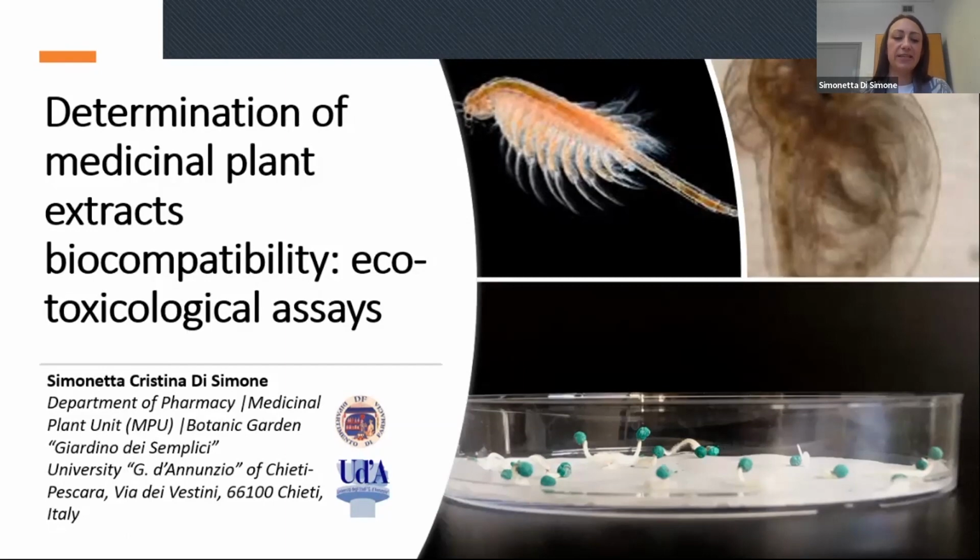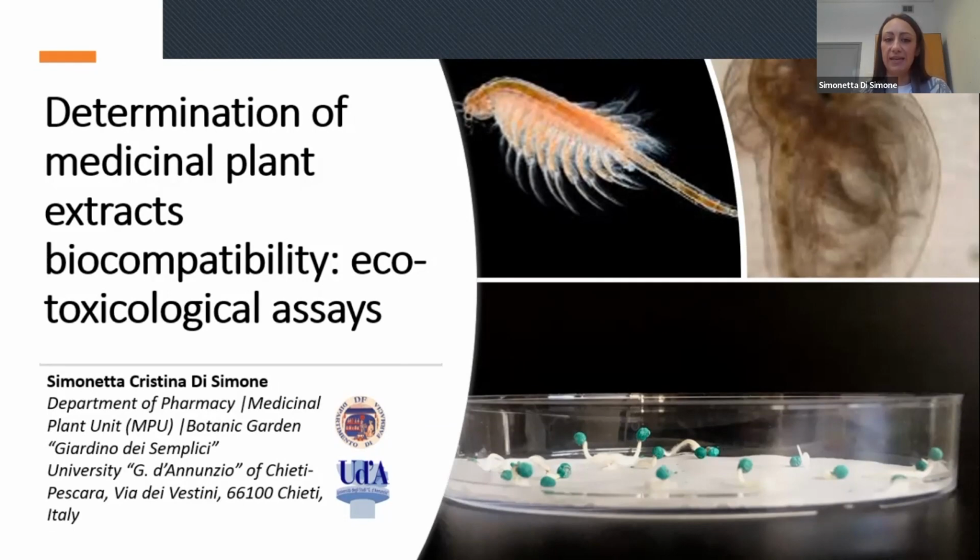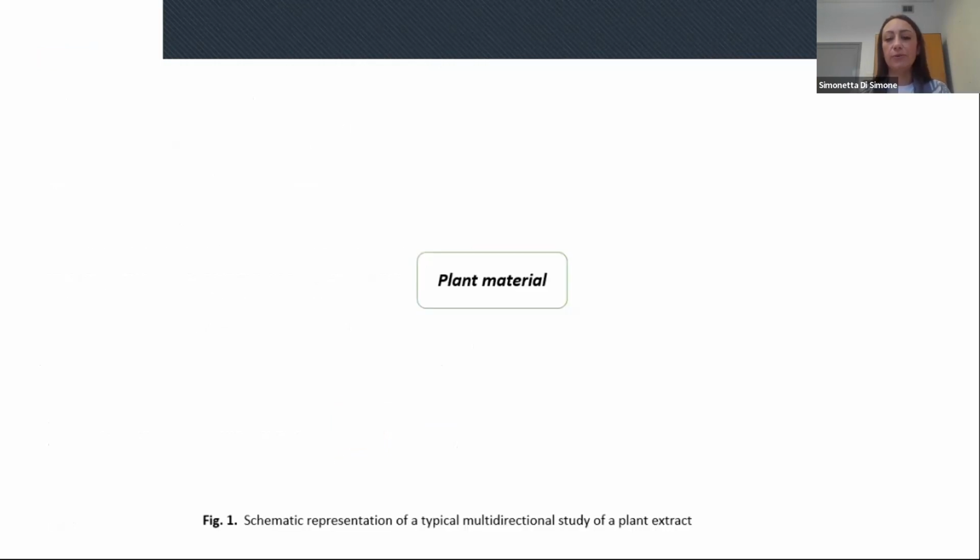I am Simonetta Di Simone, a PhD student at the Department of Pharmacy in the Medicinal Plant Unit from Naturale University in Chieti, Italy. So the topic of this session is the determination of medicinal plant extracts biocompatibility through eco-toxicological assays. So let me give you an overview of a typical multidirectional study we conduct when we decide to investigate